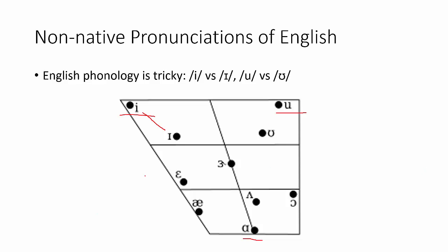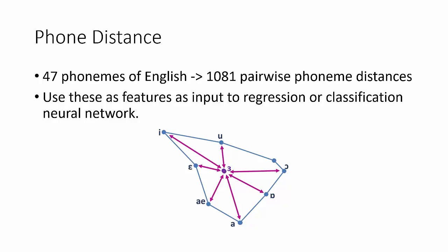And the way that we capture this is we can use these as features. So if you can measure the distance between my E and my I sounds, then that's a feature. If my E and my I sounds exactly the same, then I more likely have this type of accent. Whereas if my U and my sound exactly the same, then I'm more likely to have a different type of